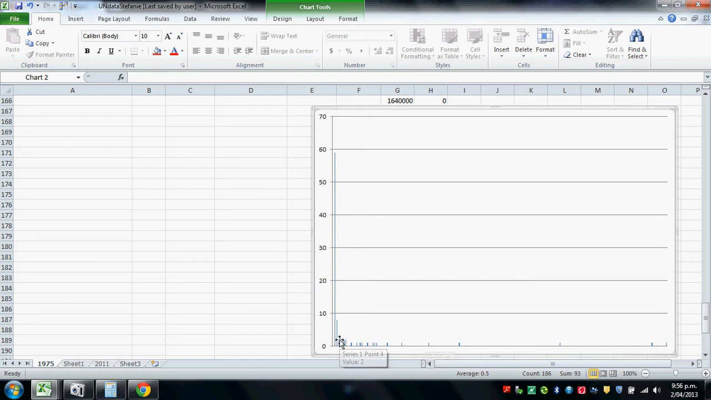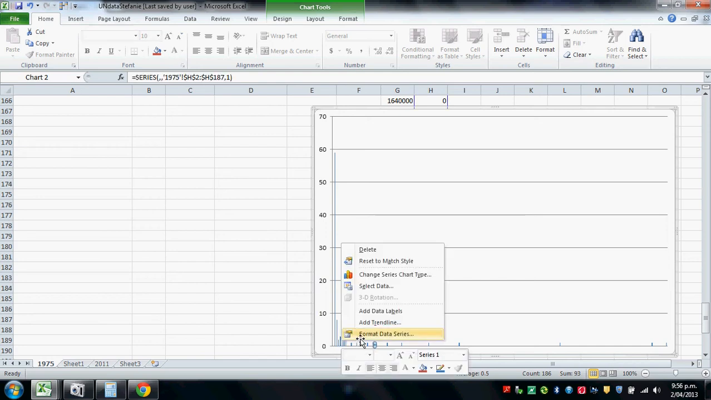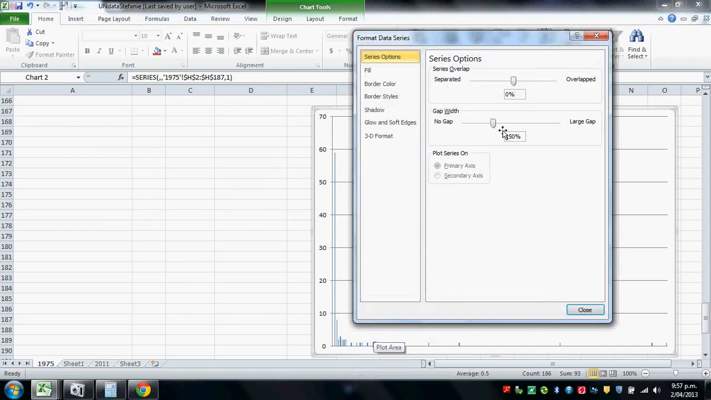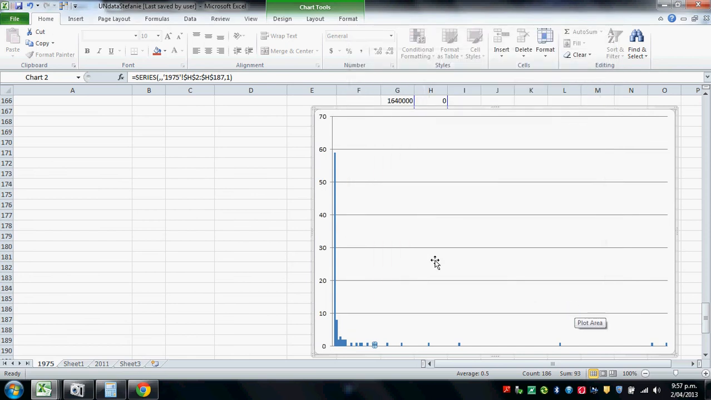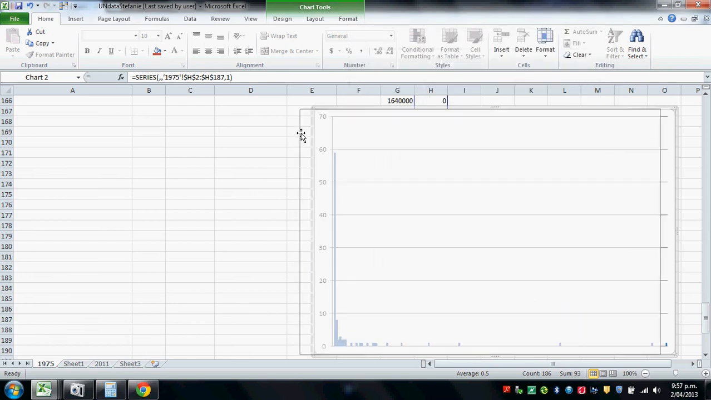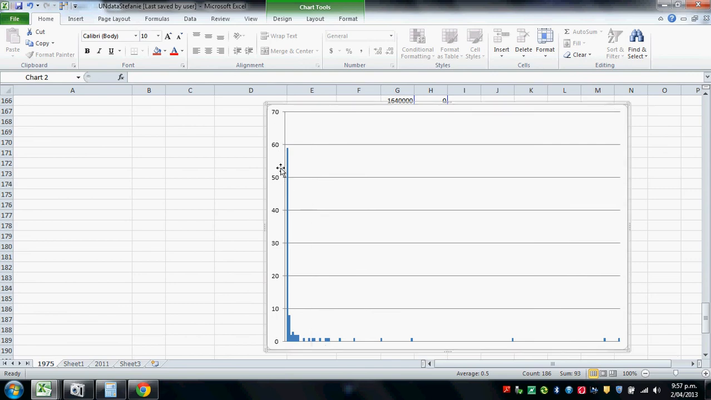We're going to also right click, format the data series, right click on any bar, and we're going to just get rid of that gap. Close. Alright, so it's pretty tough when there's such a spread with the data, in this case, to make a really nice histogram. But we got to do what we can